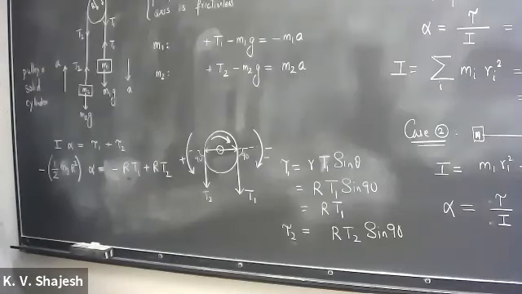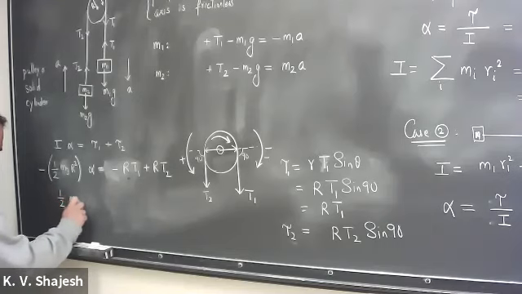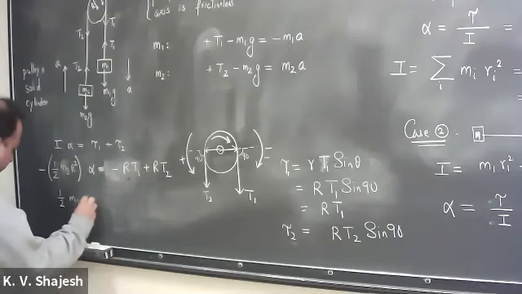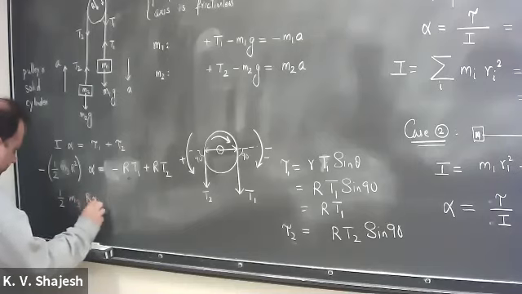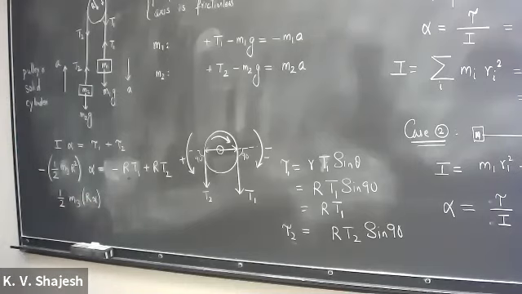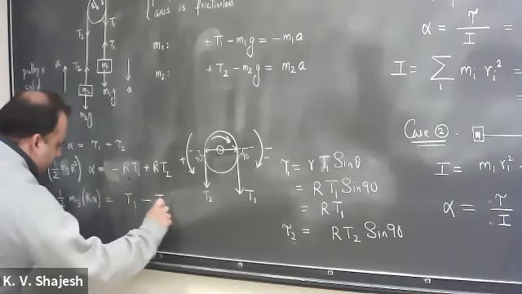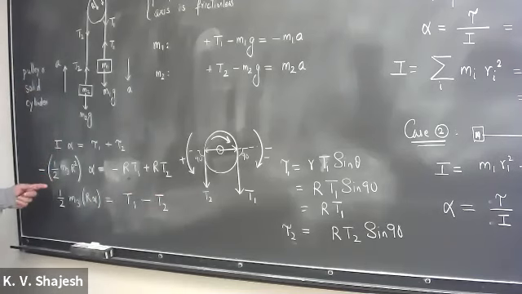Immediately I can flip this if I want to, but let me keep it as it is, except that I want to divide it out by the radius R. So this is the same as 1/2 times M3 times one of the R's, I'm going to cancel, which is there in each one of the terms, and that's R times alpha. I put that again in parentheses, and that's R times T1 minus T2. So I did two things in going in this step. One is I multiplied by a negative sign. So each one of these terms changed sign, and I divided out by R.